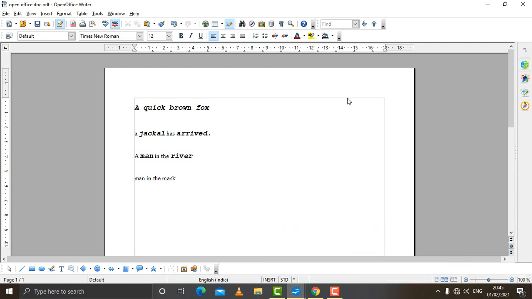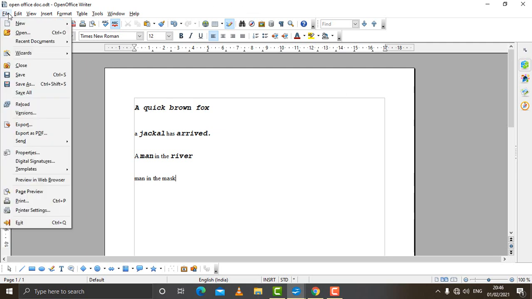And you can do one more thing. Suppose a common template is there which you want to open every time to create a document, or your work is something like you are supposed to do the same work again and again. So basically if you want a template which opens up every time when you create any document, then we can do that also, and that can be done using File, Templates and click on Organize.